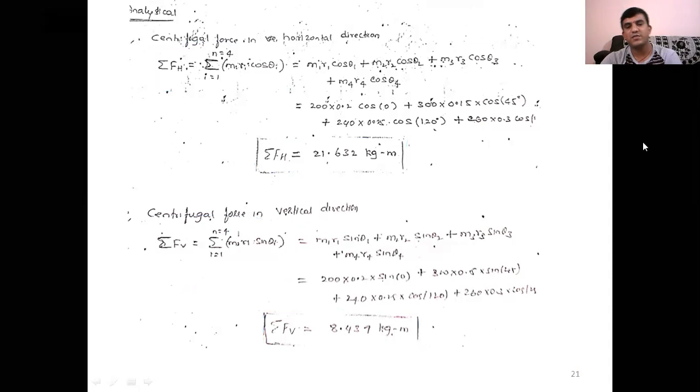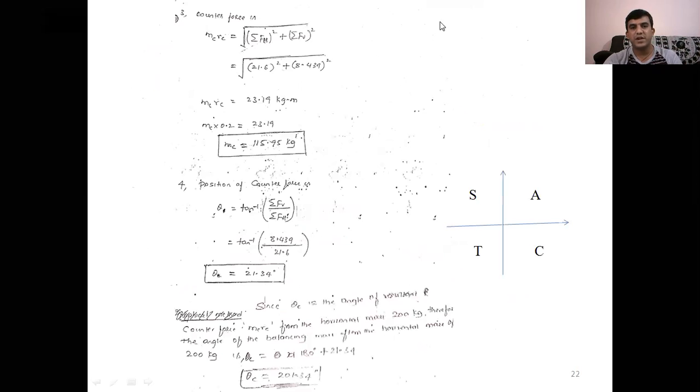Next, once you draw this constructed table for the centrifugal force, you determine the product of m and r. Then you resolve that force into one horizontal and another vertical. Then you calculate. Then what is the third step? Now you go for determining the resultant. Now how to calculate the resultant force here?